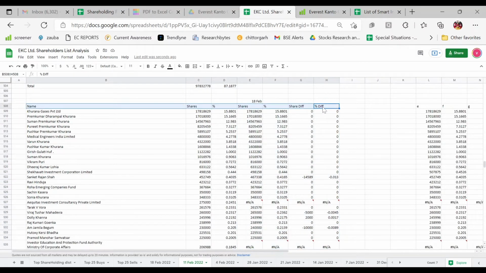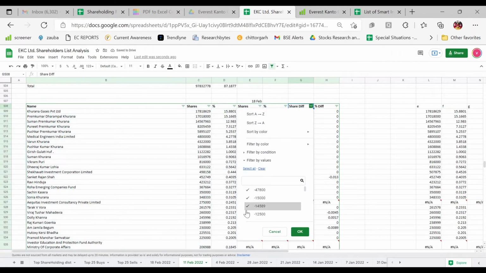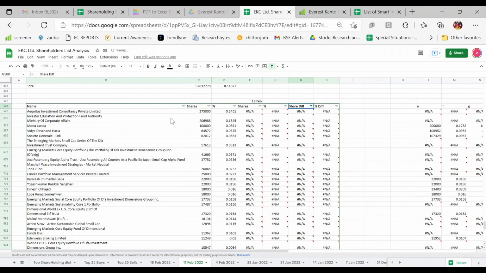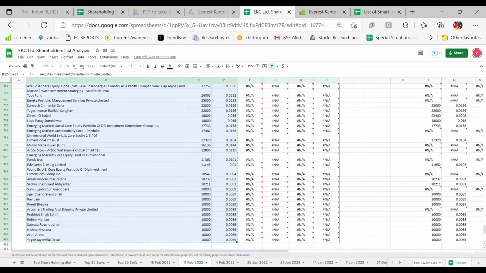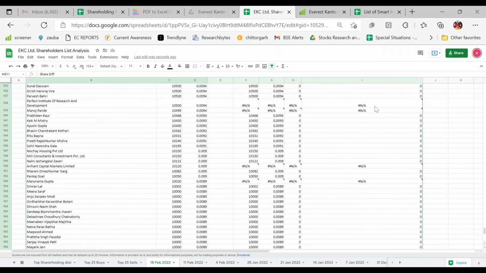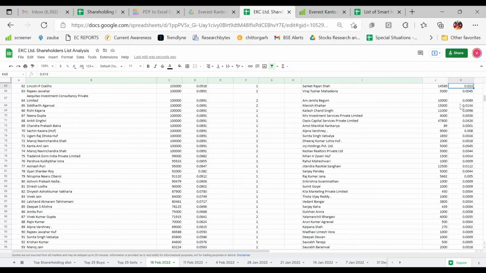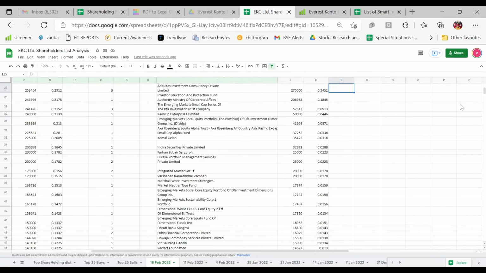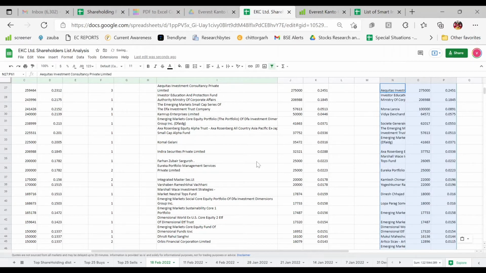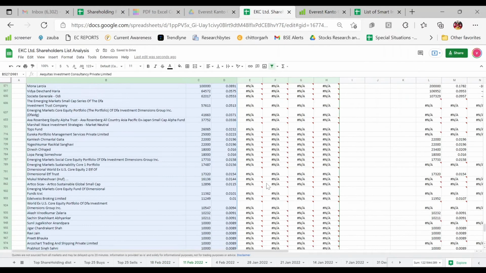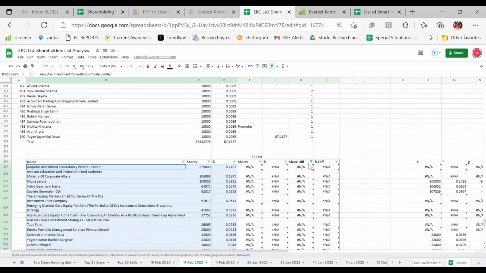I will put a filter on this same. Then share difference. You can go with anything if you want, because NA is NA. The formula was not able to find it, so the other formulas won't work. So you can put it on share difference, or you can also put it on the other shares column. So what I'll do, I'll just go and put it right up near our entrants list, because we want to check manually if they actually have exited or actually have entered. There might be some formula error.